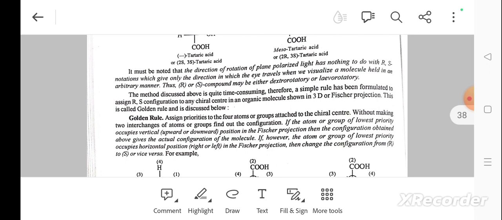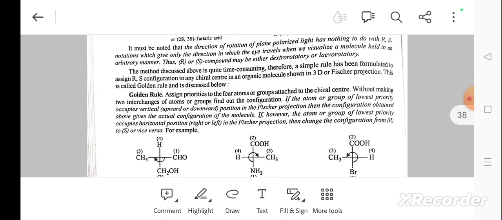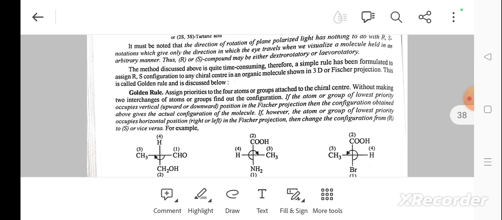The R and S compound may be either dextrorotatory or levorotatory. The method discussed above is quite time consuming. Therefore, a simple rule has been formulated to assign the R/S configuration to the chiral center in an organic molecule shown in 3D or Fisher projection. This is called the golden rule,